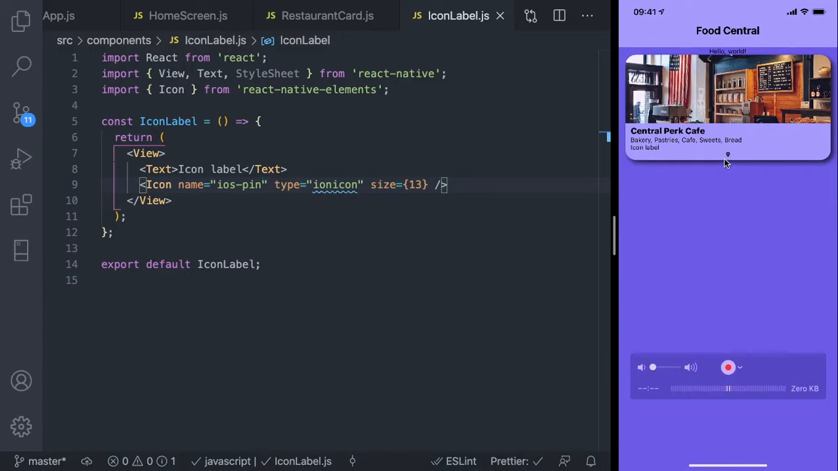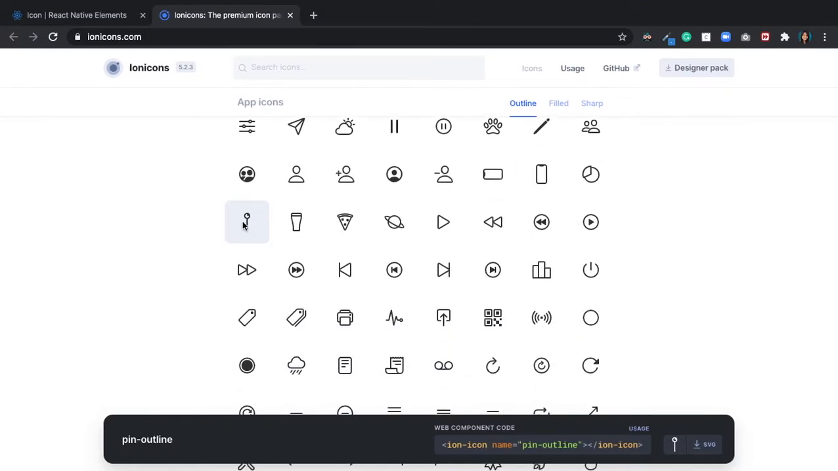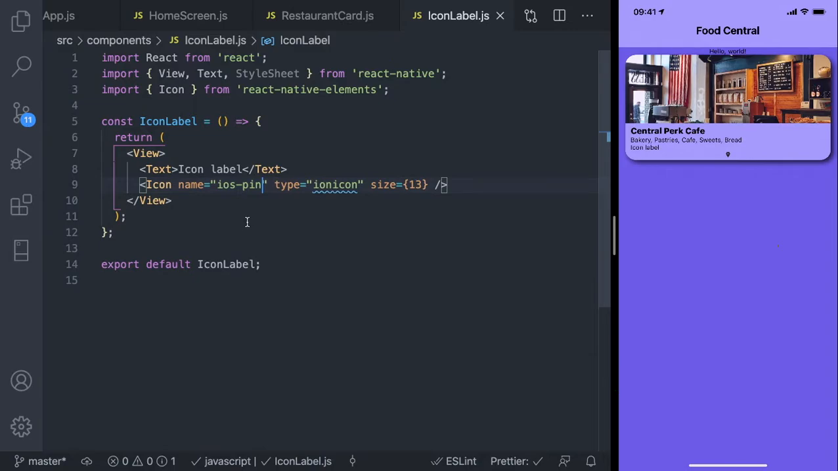Okay, there. So this is the iOS version of that map pin that we're talking about. So maybe probably this one is for the web. I don't know why it's different. Okay, so if you're on Android, you can just change iOS to MD. Okay, iOS dash pin. And then